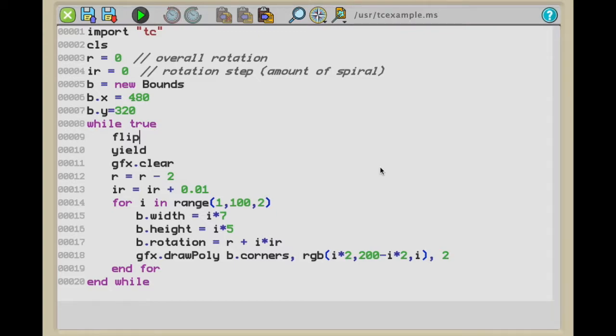Okay, let's consider the colors. The color of each rectangle is determined by this RGB second parameter to draw poly. RGB takes a red, green, and blue, each in the range 0 to 255. So what we're using right now is I times 2, 200 minus I times 2, and I for the red, green, and blue. So this is going to give us an amount of red that increases as we go from 1 to 100, an amount of green that decreases as we go from 1 to 100,